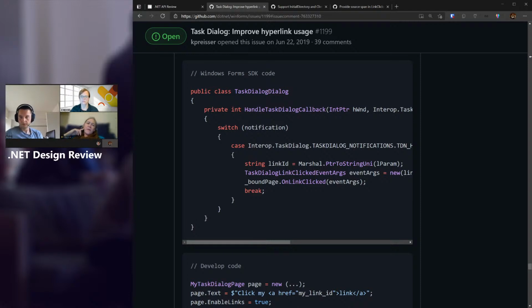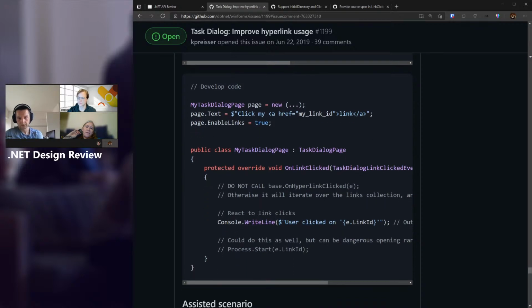So you're more or less looking for the equivalent, well, not really, it would be a little different. There's a page.create link in the assisted scenario, and something to the effect in the unassisted scenario of, I'm going to give it a bad name right now for clarity, create anchor, taking the href and the text.